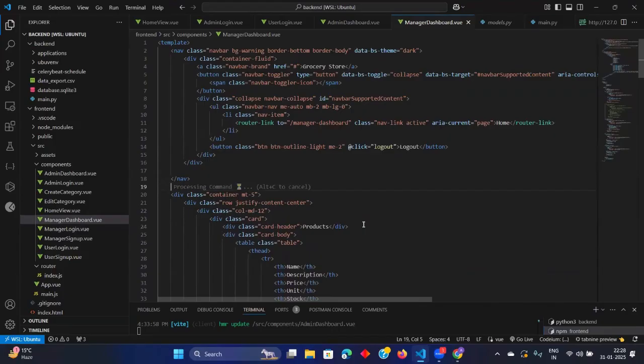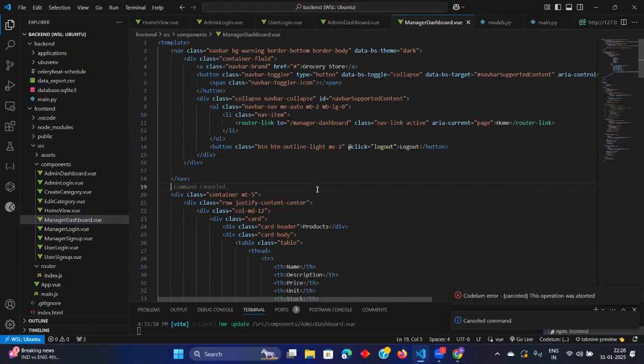My internet is slow or something else. Why is it not writing?